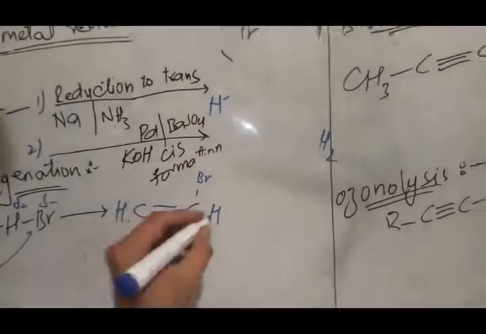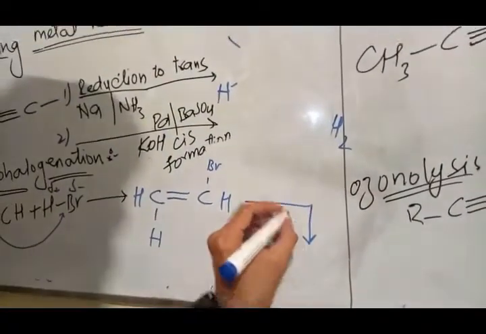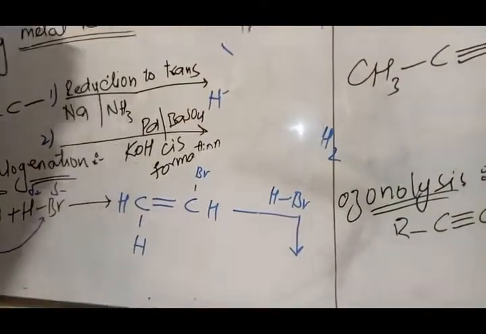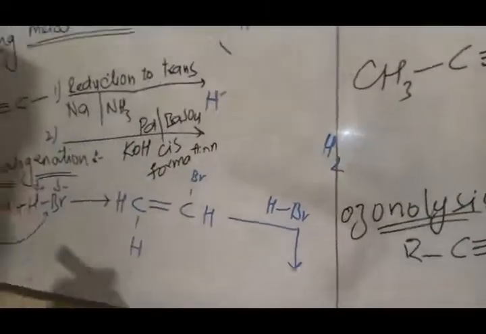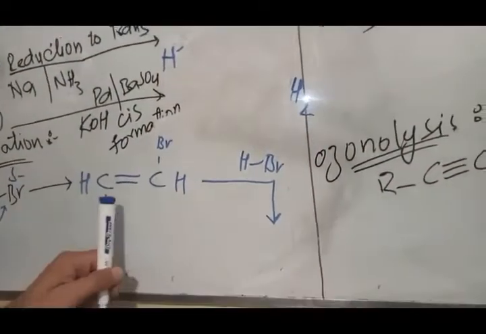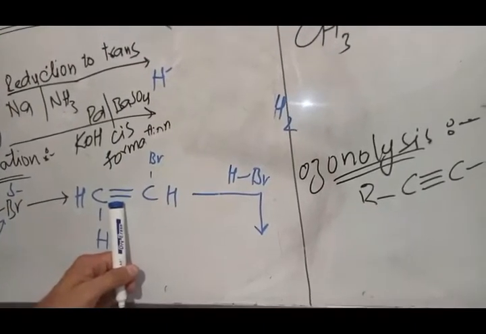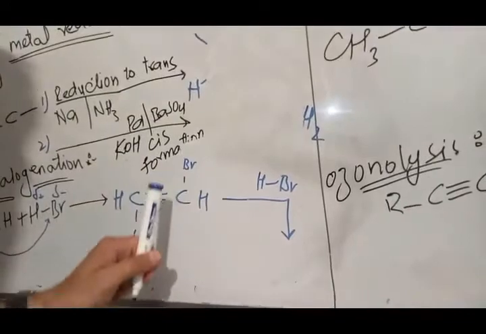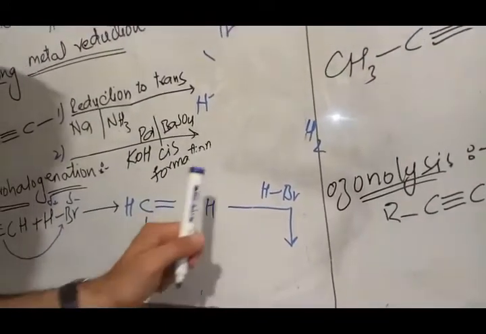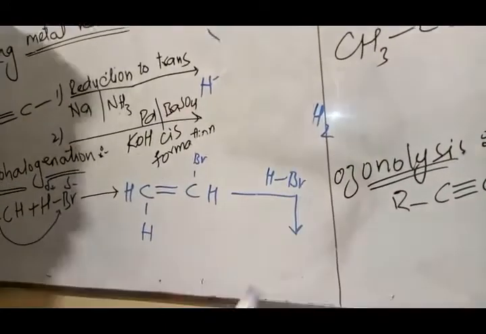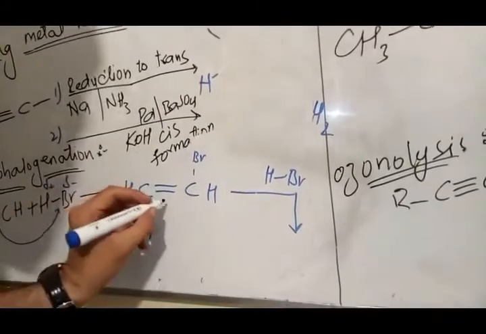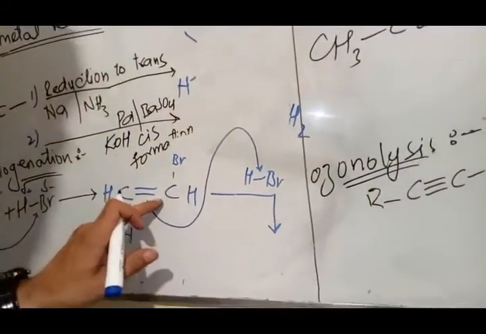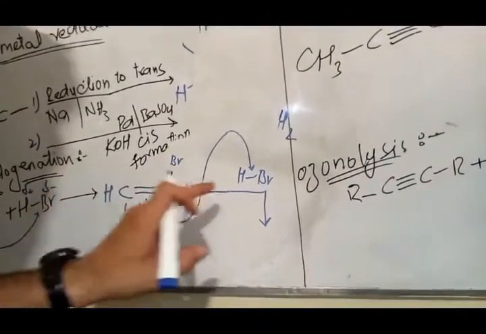Now again we want to add HBr. Why do we want to add again? How do we know whether we need to add HBr or not? As long as a pi bond is available, we will continue the reaction. So we can see that one pi bond is still available. It means we can add one more HBr to it. So again the pi bond will attack this HBr. This pi bond will break, and again one H will be attached and Br will be attached.